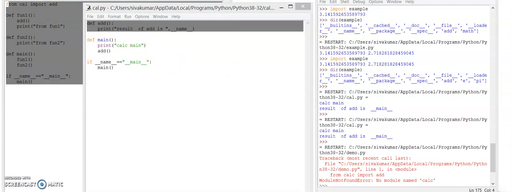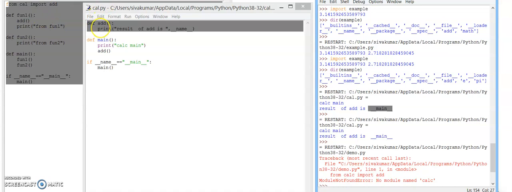First, if I am running this program as a main program, for example if I am running the calc.py as a main program, then I will get the name variable. What is present in the name variable? The name variable will give us output main.